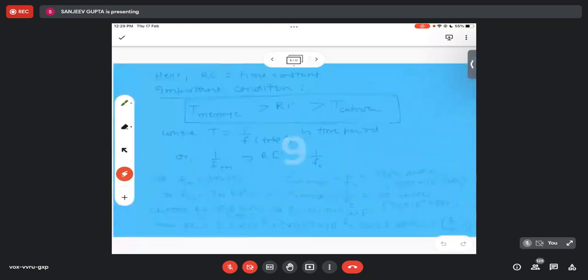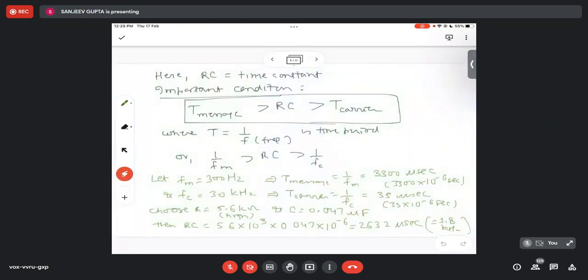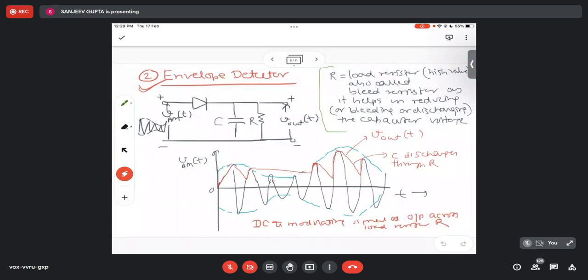Okay, so before we go for that, how to remove the DC which we got here. Sorry, in the previous slide, as I said, now my output is also having certain DC and the modulating frequency. Finally, I have to remove the DC. But before going for that, what we do here,